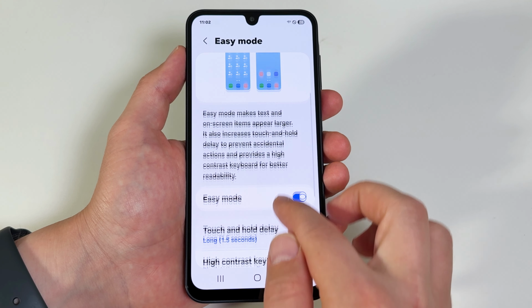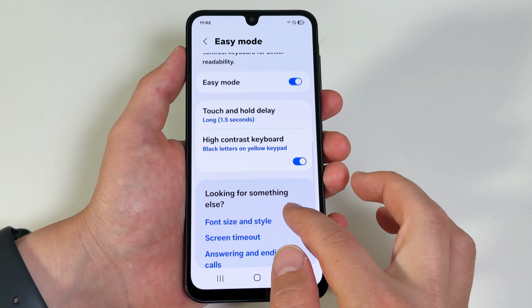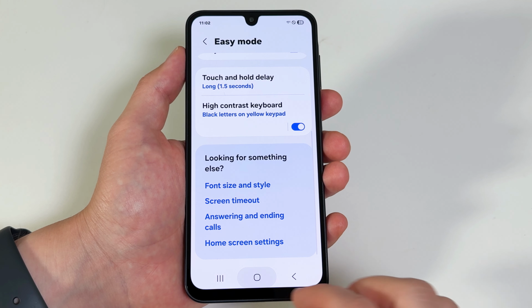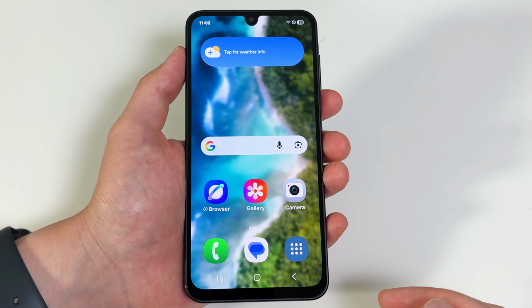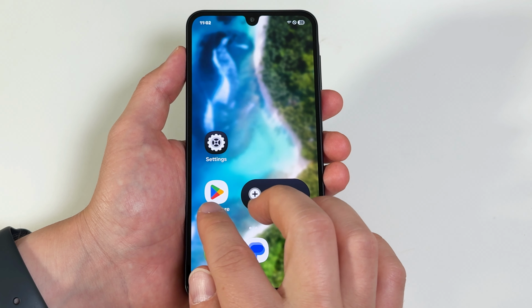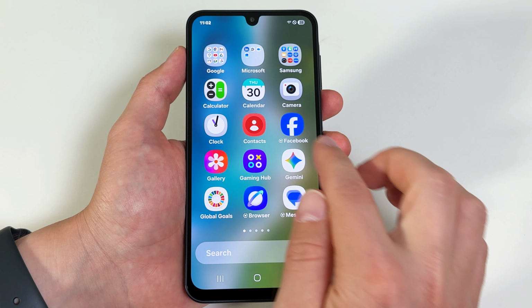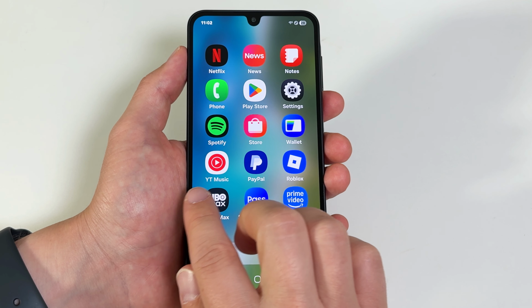When I turn this on, you'll see how the home screen switches to a simplified look with much bigger icons. So if you're struggling to see things on a small screen, this is another great option for making the phone easier to use. Anyways, go give it a try